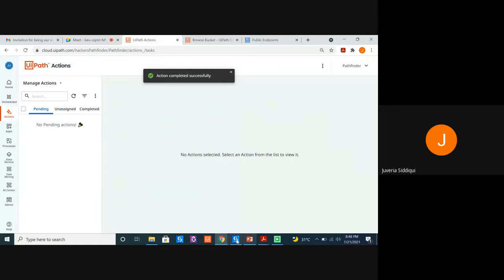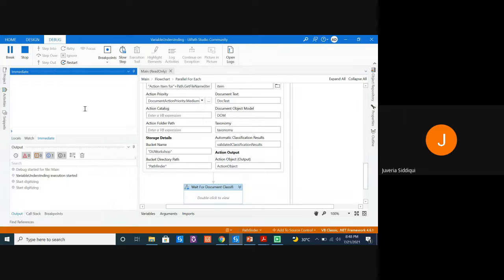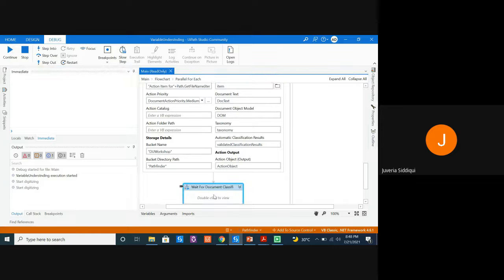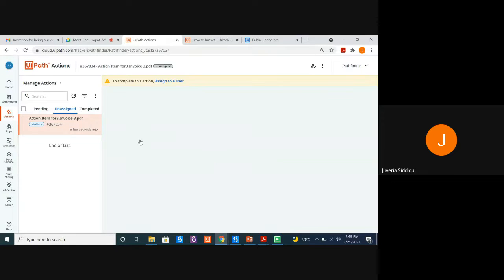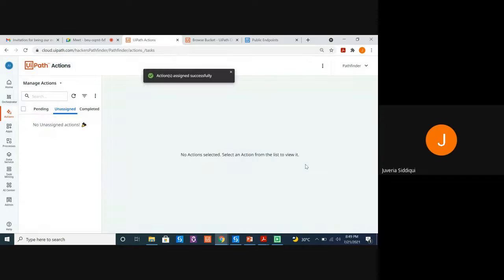Okay, once I do that, if you go back to my workflow, you see the workflow is not working. It's in read only. The bot is still alive, but the flow has stopped. Click on continue. But when you're doing it using Orchestrator, you don't have to worry about it. It's taken care of. So now let's again step into and see if any action was created for me. Let's go to unassigned. Let's give it a quick refresh again. Yes. Assign it to myself. All right. Let's go to pending.